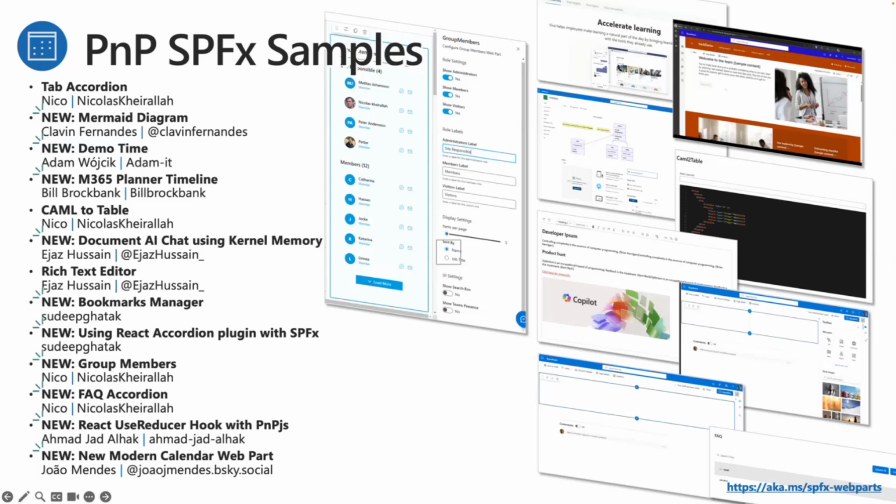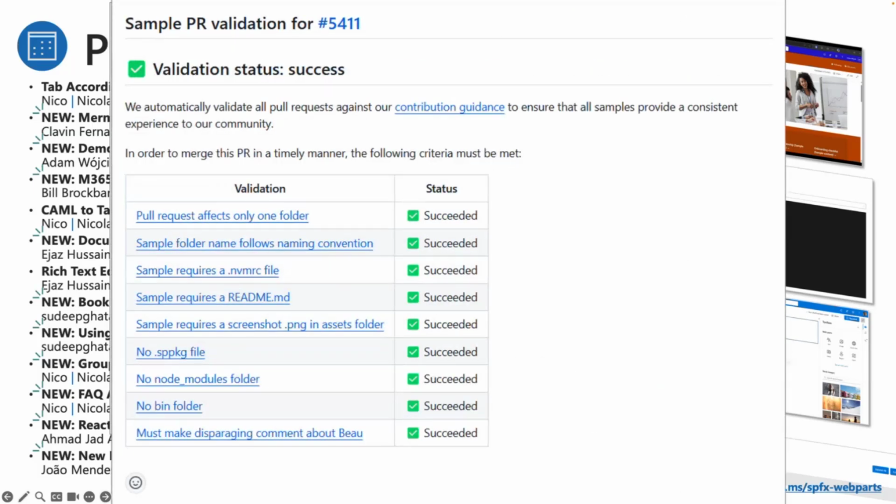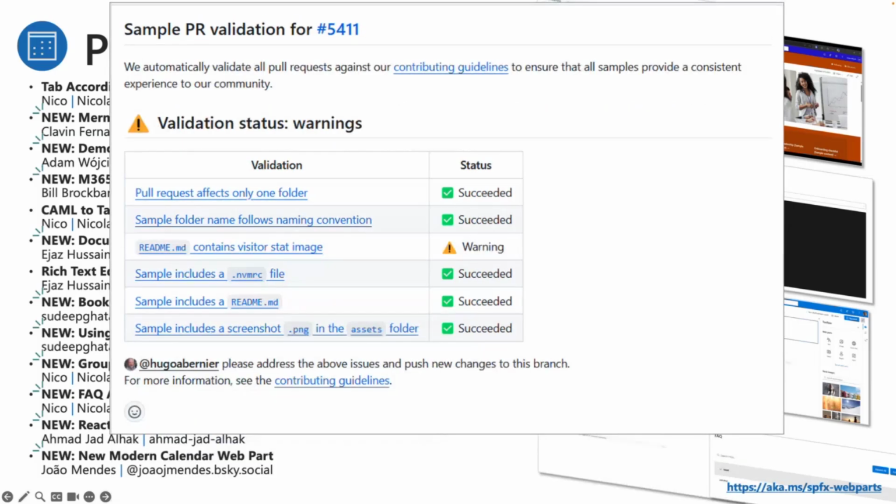They all are available on aka.ms/spfx-webpart, or you can go to our sample gallery at, I don't have the URL here, but I'm sure Dave will be able to post it. Now, if we can hit next, one of the things that we've done, Chris, next, yeah, there you go. One of the things that we've done, nope, just once, thank you,